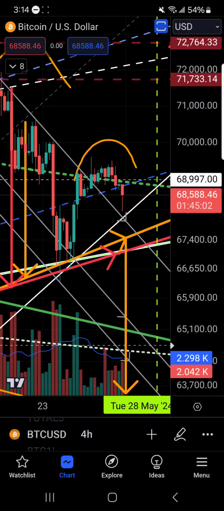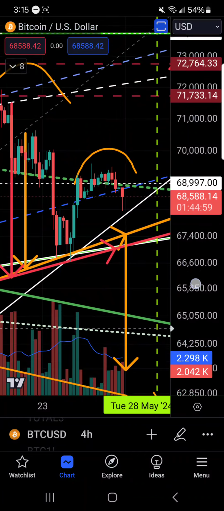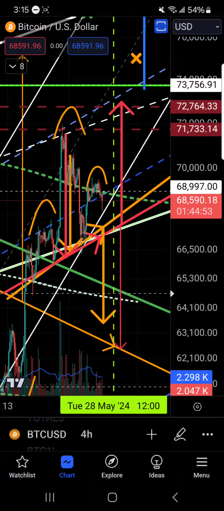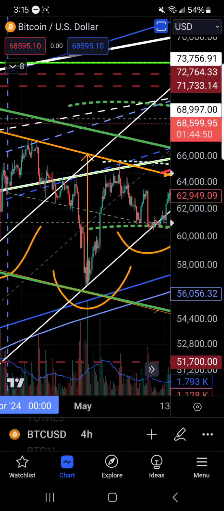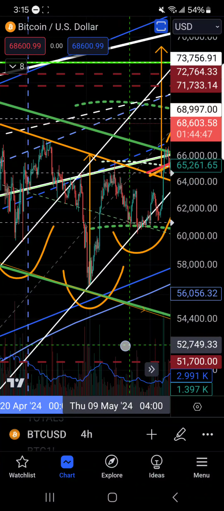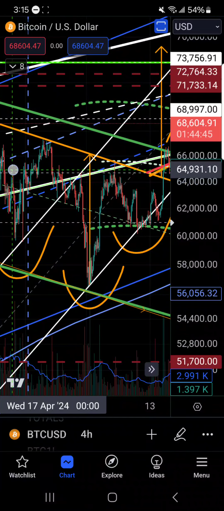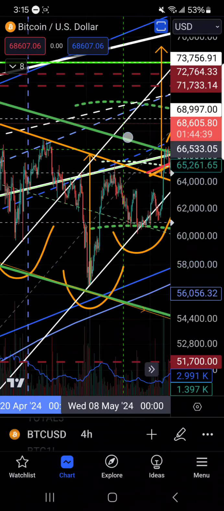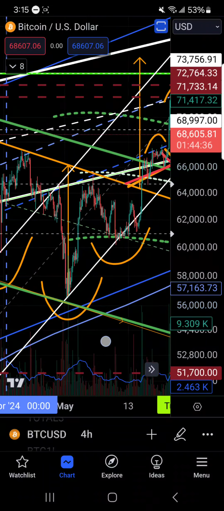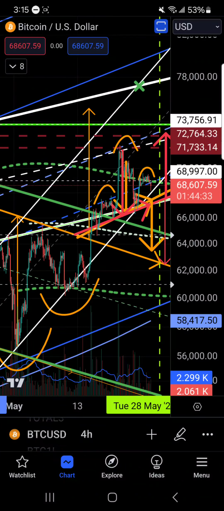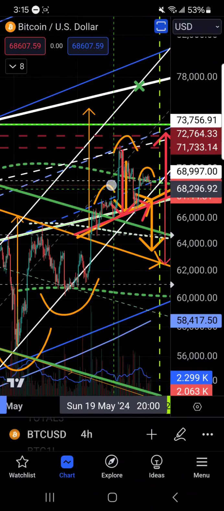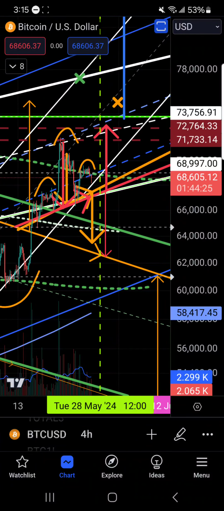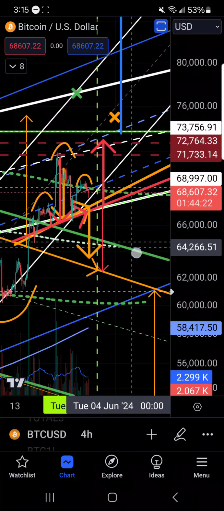Now I'm going to turn this off for a second because of what I do want to show now. If you've been watching, you should be able to follow along here. We had the inverse head and shoulders pattern here, which brought us out of our long bull flag pattern consolidation into this upward channel here. Now we've been traveling in that upwards channel a little while and now forming a head and shoulders pattern, which could then again reverse us back down this way.